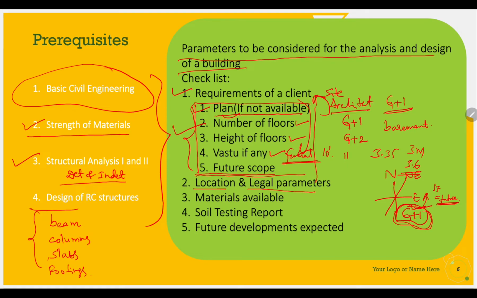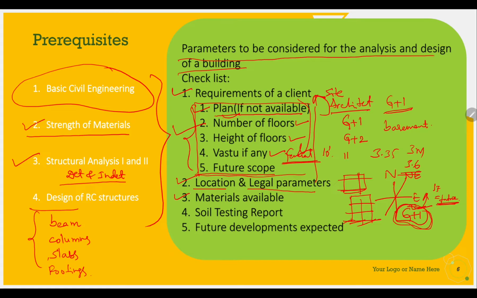For some locations only a few stories are available, whether it is a metropolitan city, a town, or village limits. For that particular land or location, you need to understand the legal parameters. That means what offsets you need to give and what height you need to restrict the building to. These parameters should be understood by reading the regulations available from the local government. It may be the municipality, BBMP, corporation, BDA, or something like that. So you need to understand about that.